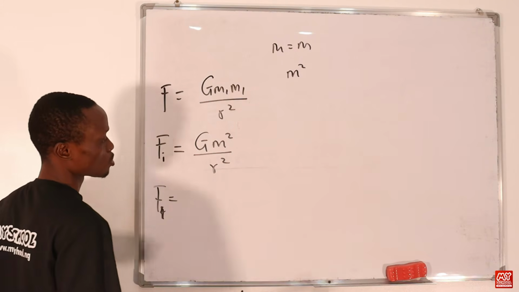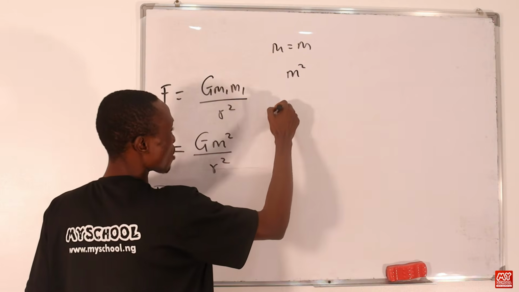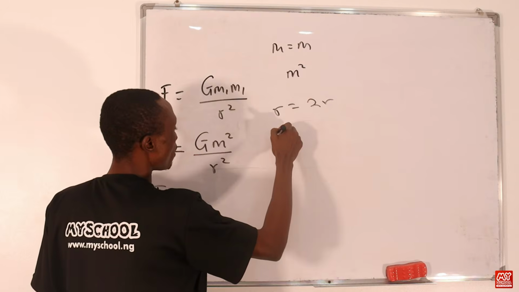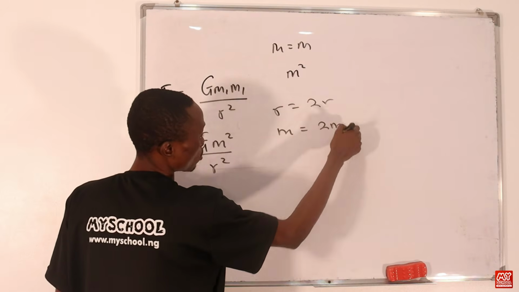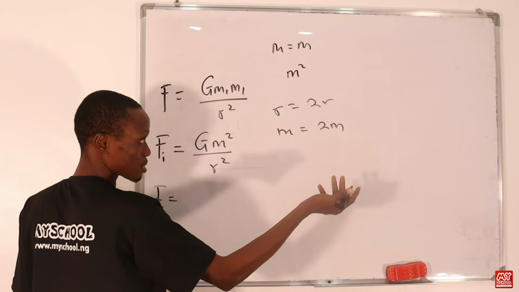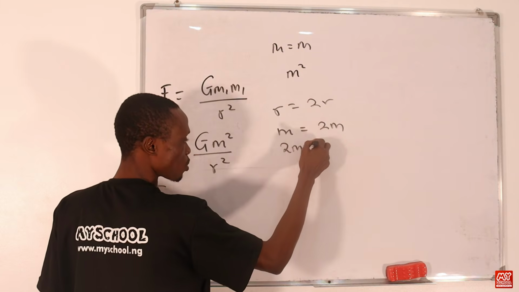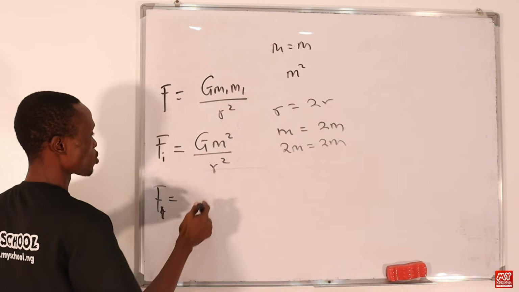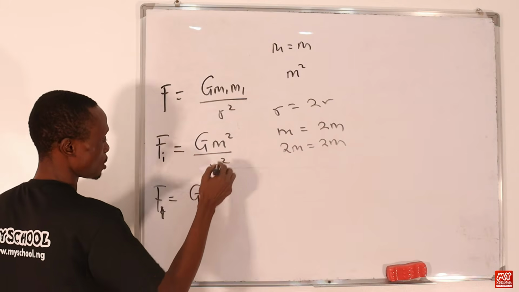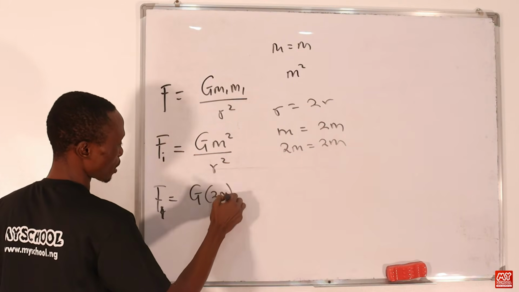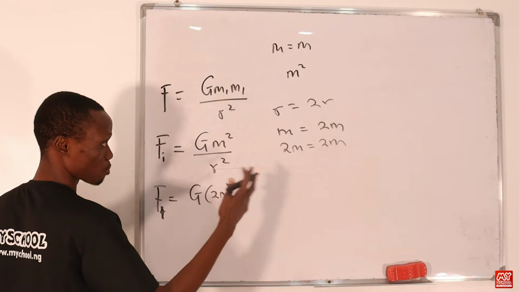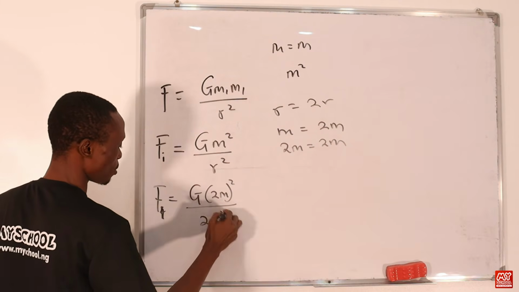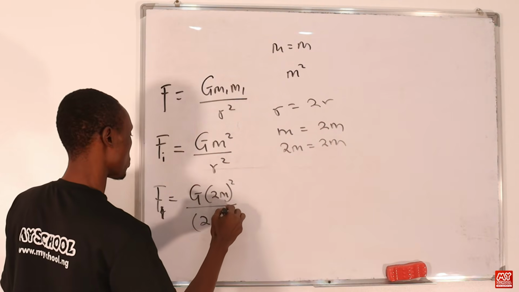between them is doubled. So if the distance between them is doubled, that means r is now equal to 2r, right? Then remember m will now be equal to 2m because it's doubled. But since the masses are equal, that means we're having 2m equal to 2m. So if we bring that here, we'll be having G, then 2m in bracket squared, because the two masses are multiplying each other, all over 2r in bracket raised to power 2,